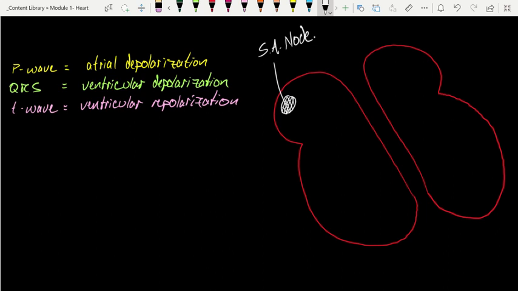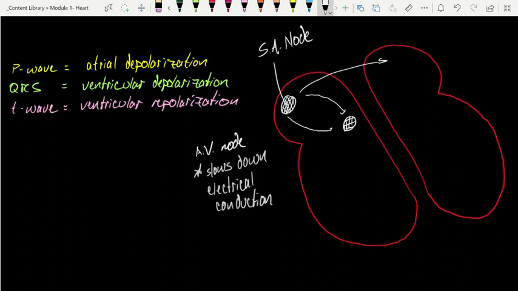Now, where does it go? Well, we've got some rapid conduction pathways. Of course, we've got Bachmann's bundle. We need to take this over to the left side of the heart. But primarily, we're diving down here to our next stop, which is the AV node. And if the purpose of the SA node was pacemaker, the purpose of the AV node is simply to slow